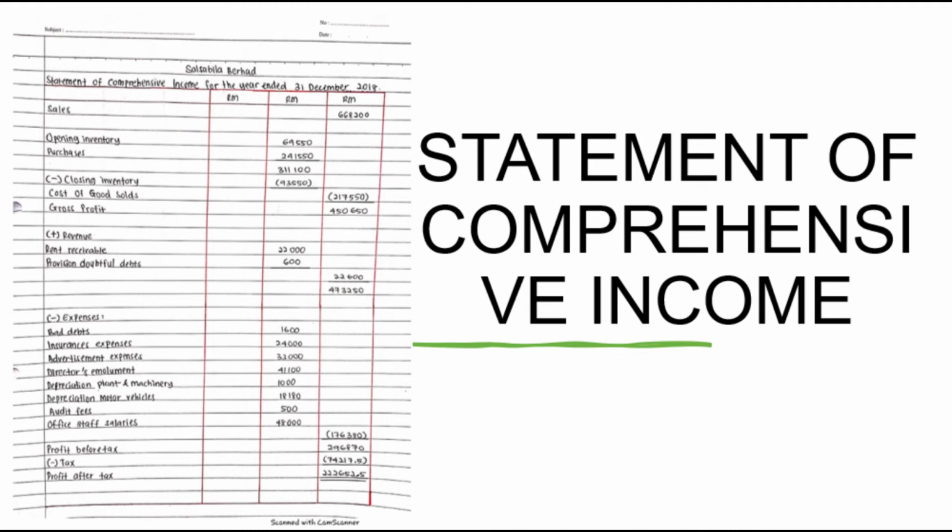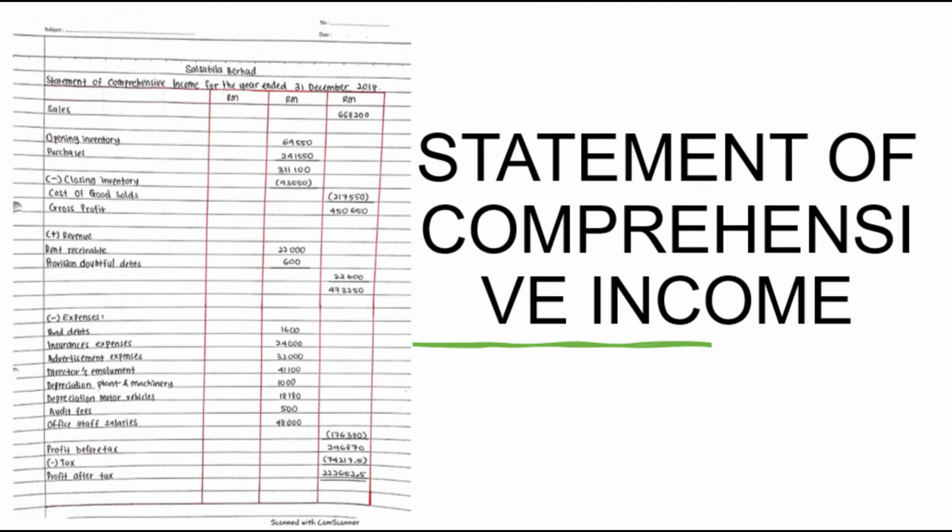I want to talk about the Statement of Comprehensive Income for the year ended 31 December 2018. Firstly, write the sale and take the amount from the trial balance, which is 668,200. Then, put the amount in the last box. Secondly, to get the cost of goods sold, write the opening inventory and take the sum from the trial balance, which is